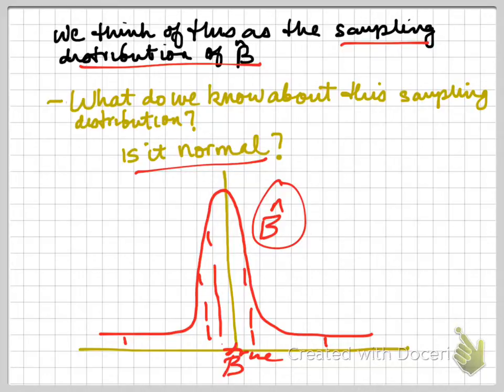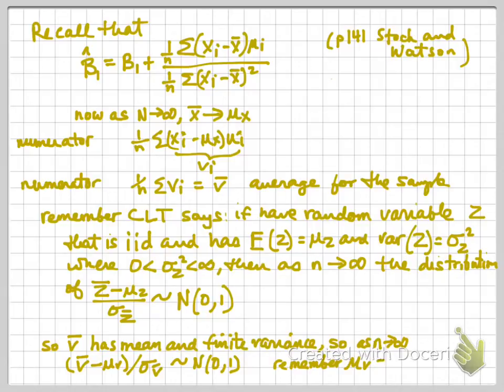So not surprisingly, we are going to show that beta hat, with a few assumptions, is going to be normally distributed. So for that, we're going to start with our definition of the regression coefficient beta hat, and we're going to go to page 141 of Stock and Watson, do a little bit of algebraic manipulation,